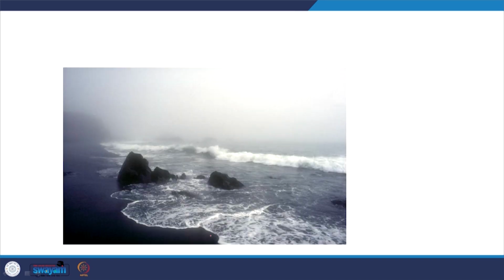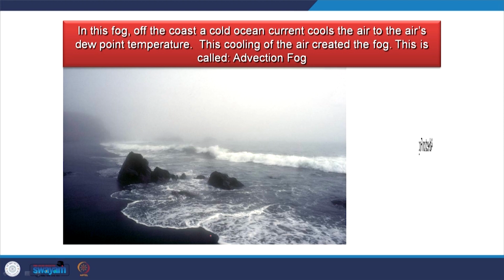Then, so this is another type of cloud, advection fog. In this fog, off the coast, a cold ocean current cools the air to its dew point temperature, allowing condensation to happen. This cooling of air created this fog. Let us say this is the picture that you see. So, this fog is just because of the cold ocean current, which saturates the air that is above the ocean,